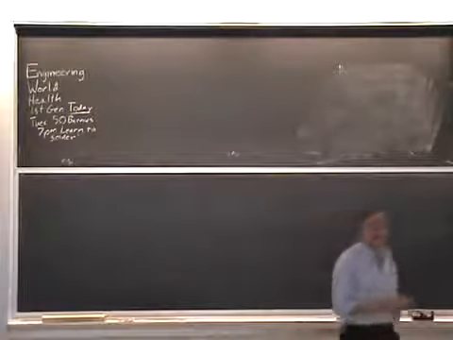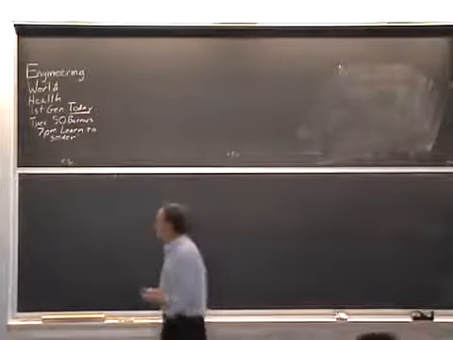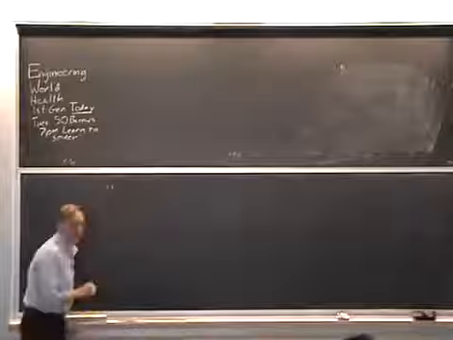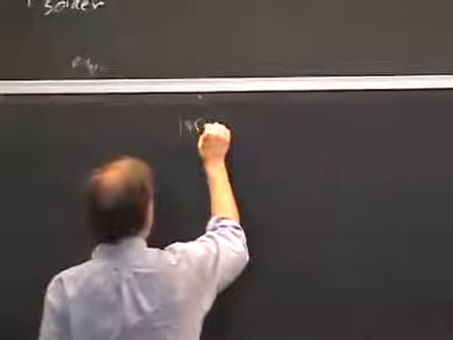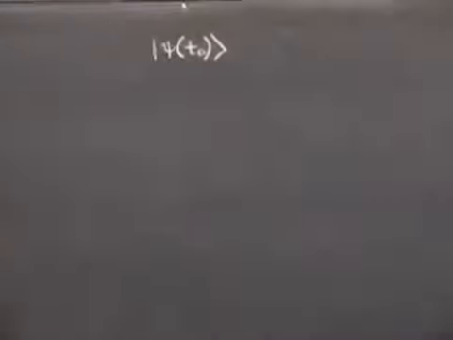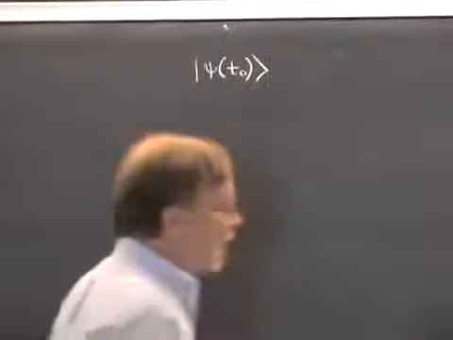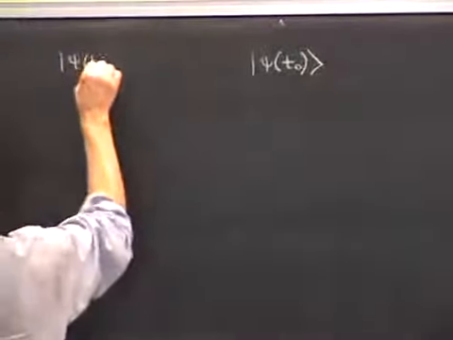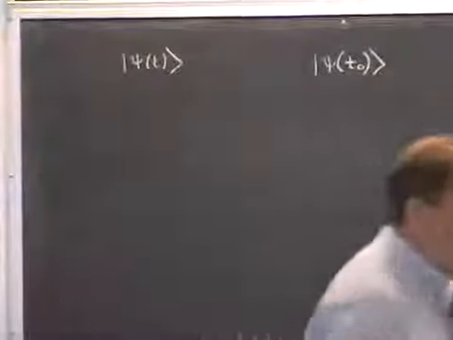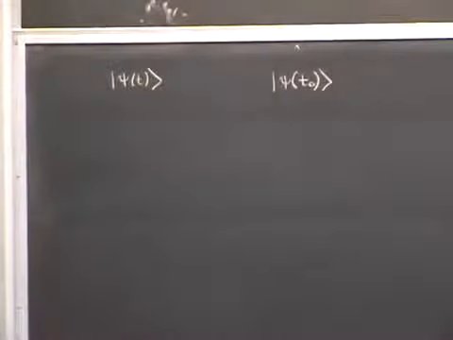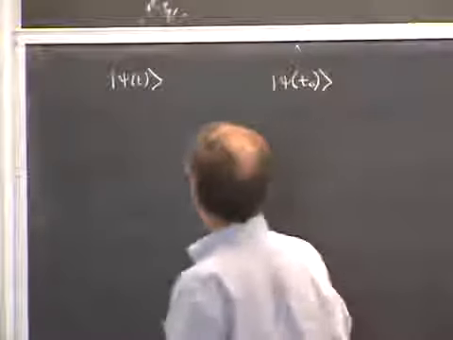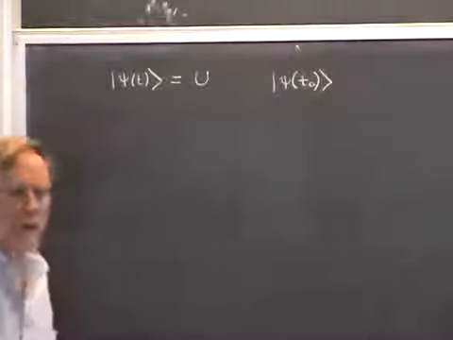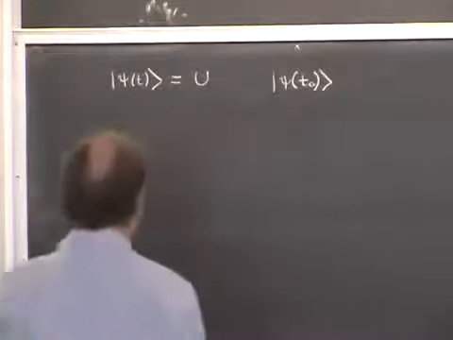The topic for today is time evolution in quantum mechanics, which we haven't talked about so far. Let's suppose the state vector of a system, we'll be speaking here of a pure state, so it's described by a state vector, at some initial time is psi of t0. State vectors evolve in time, so at a later time there's a different state vector, let's call it psi of t. Now, what's the relationship between the two? Well, we postulate that there is a linear relationship between the two, so that psi of the later time is given by some operator acting on psi of the earlier time, called the operator U, a linear operator.